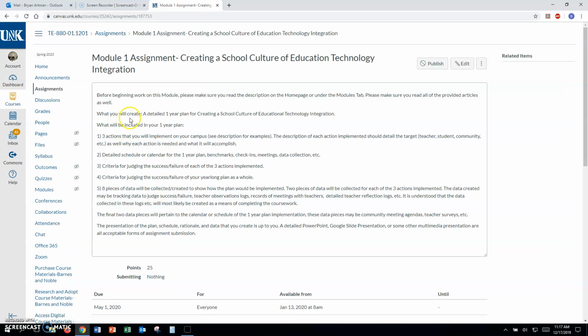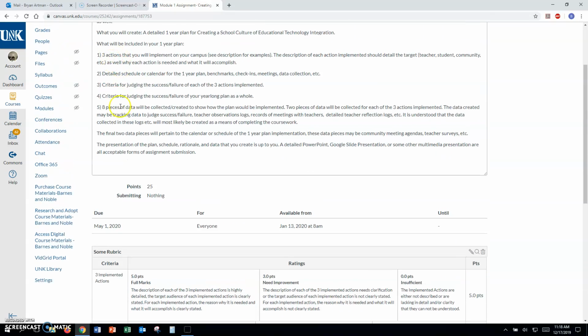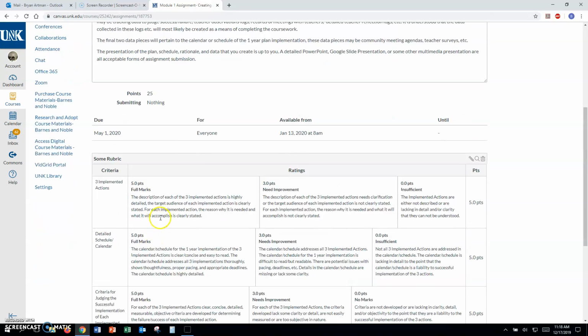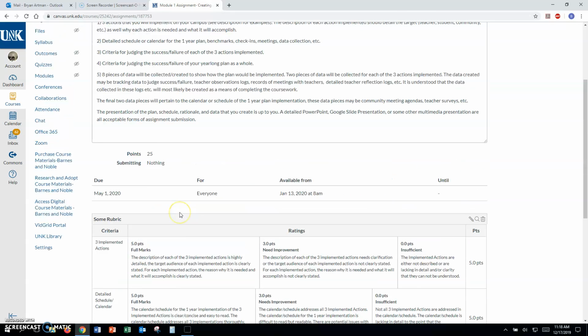So if you choose to do this one, you have to have these 5 pieces in here. They are in the rubric. You cannot skip these. There's no choice in these. These 5 things have to be represented. They're down here in the rubric. See? 1, 2, 3, 4, 5. Very straightforward. Each one makes up 5 points, and there's only 100 points in the class, so don't skip them.